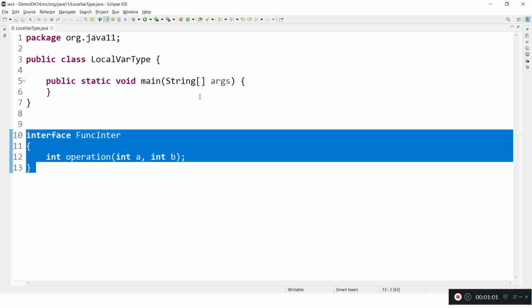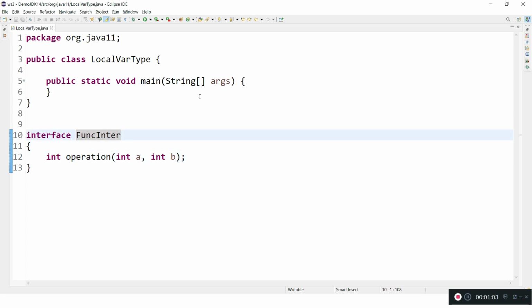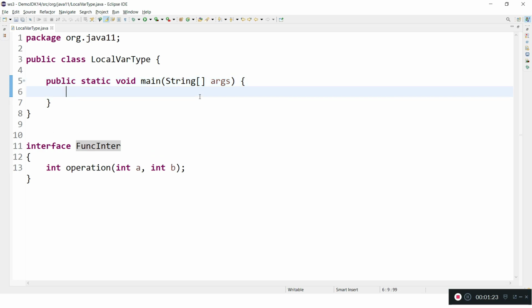If an interface has only one abstract method, then we call it a functional interface, and that can be implemented using lambda expressions. The alternative is to create a class implementing this interface, but lambda expressions are handy. Let me implement this using lambda expressions.